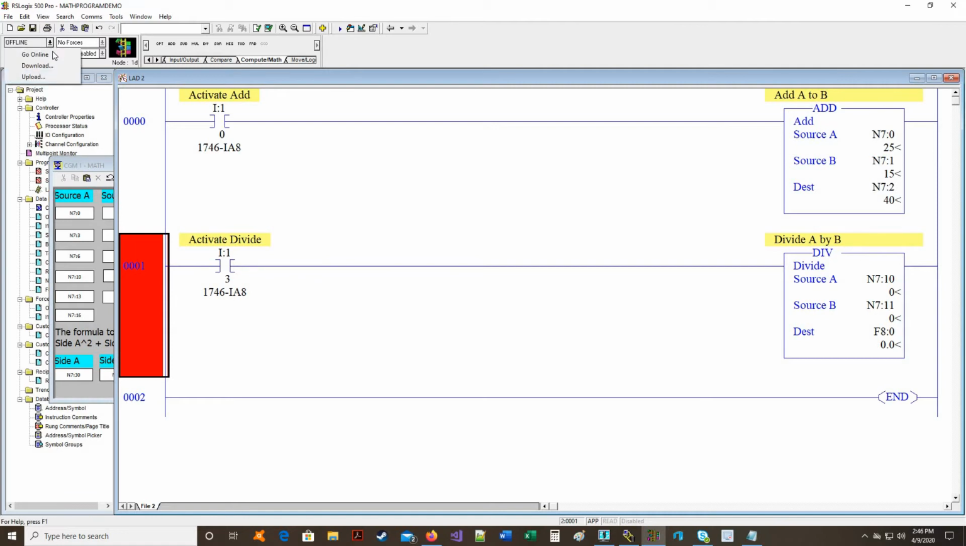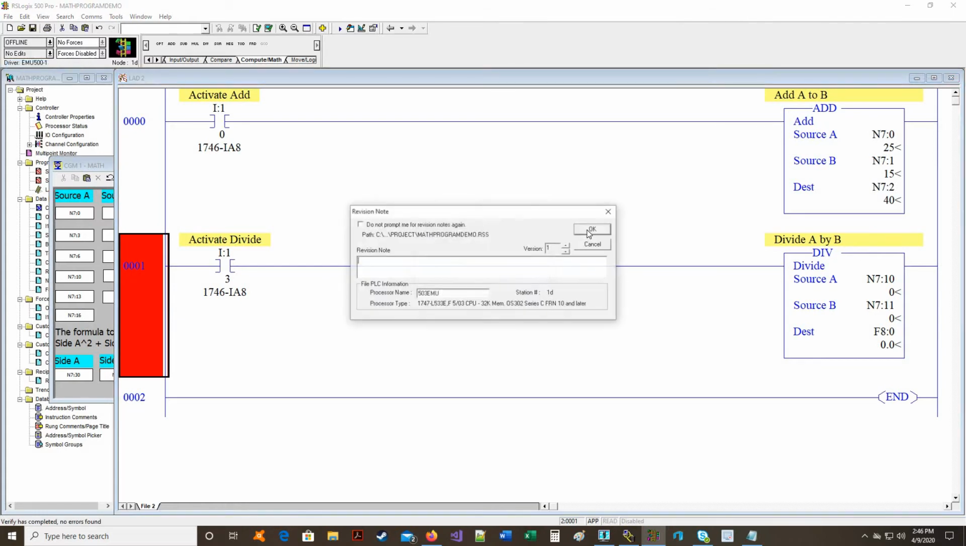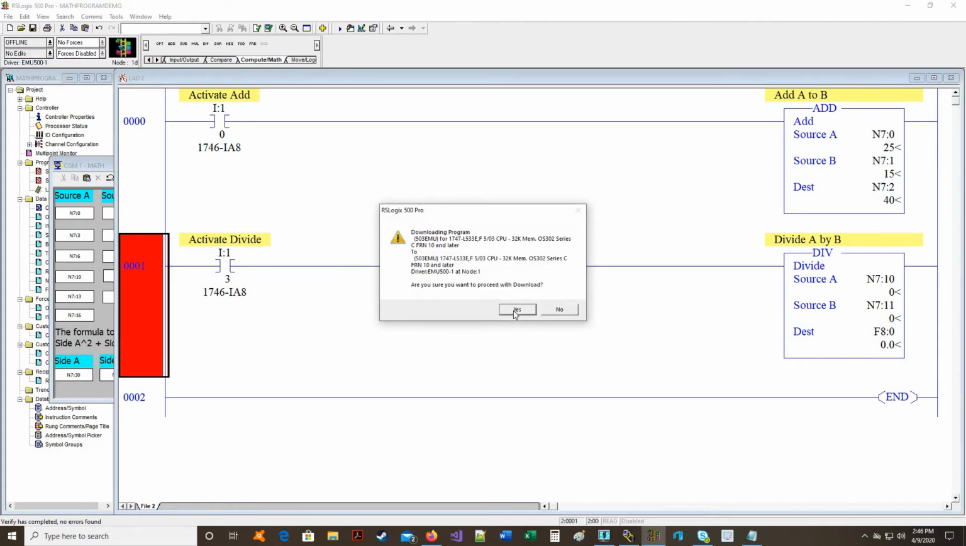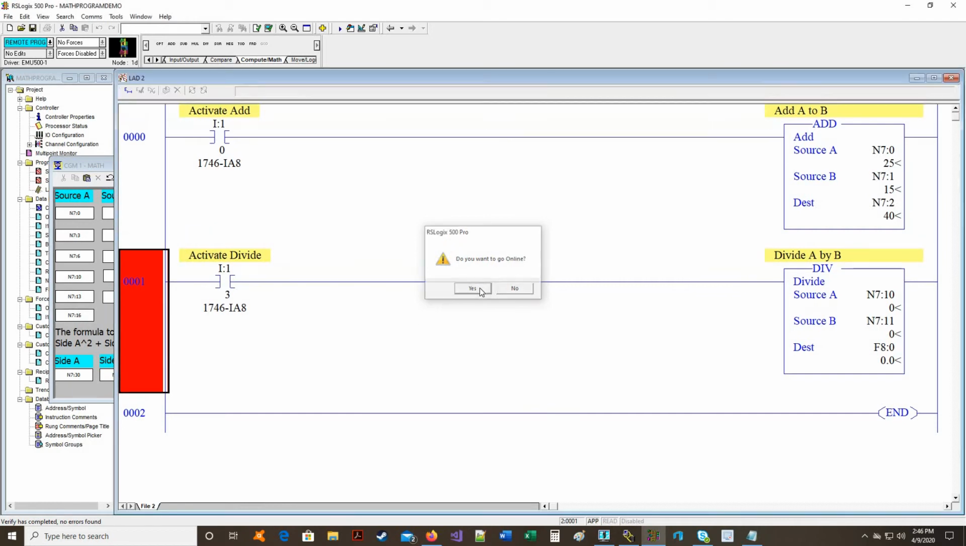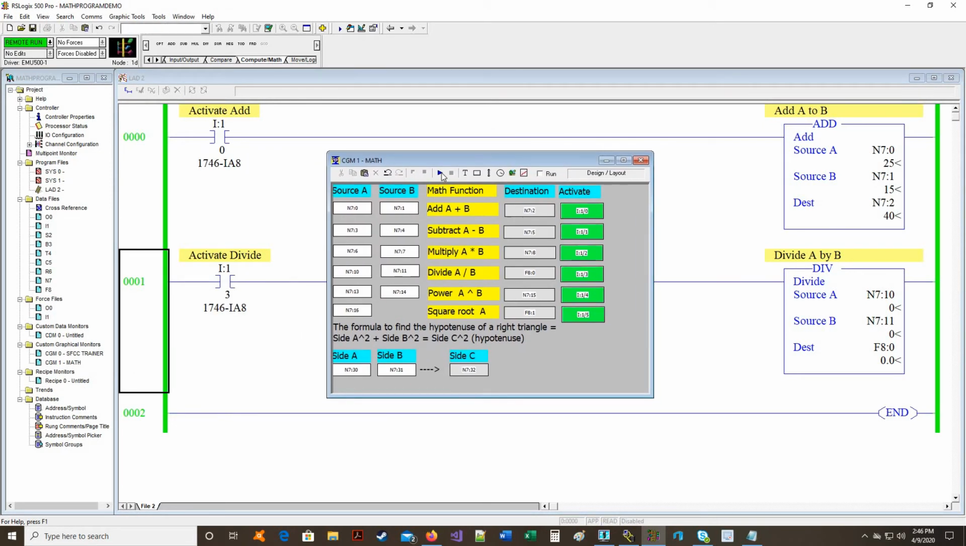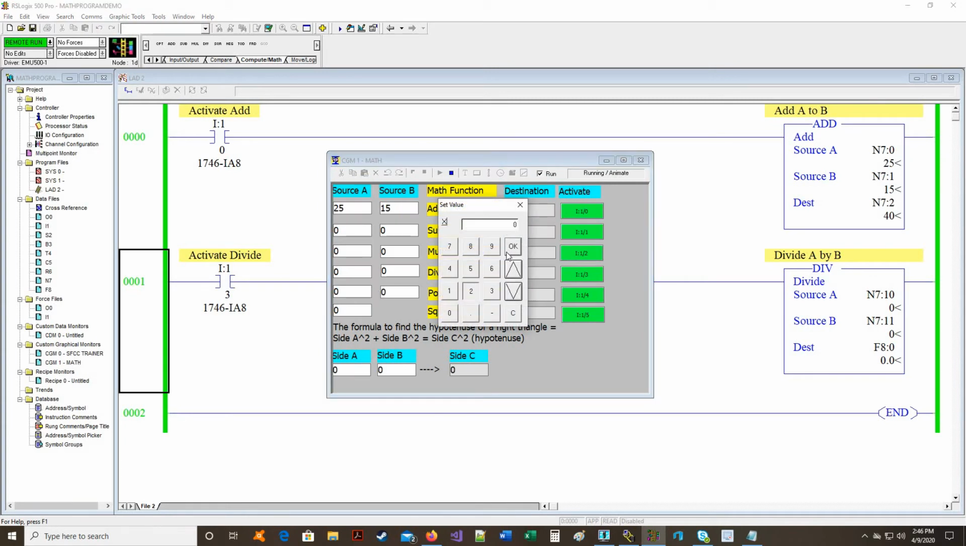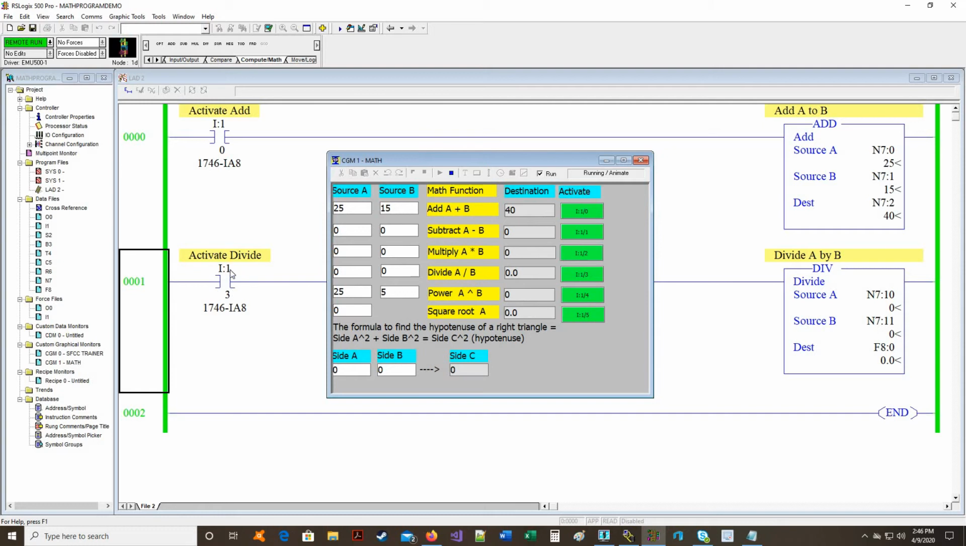And we're going to download to the processor. Go online, yes. And make sure you put it back into run mode. And now let's fire up our graphical monitor again. And when we enter 25, and let's make it divided by 5. 25 by 5, and when I press the button, you'll see that this will,